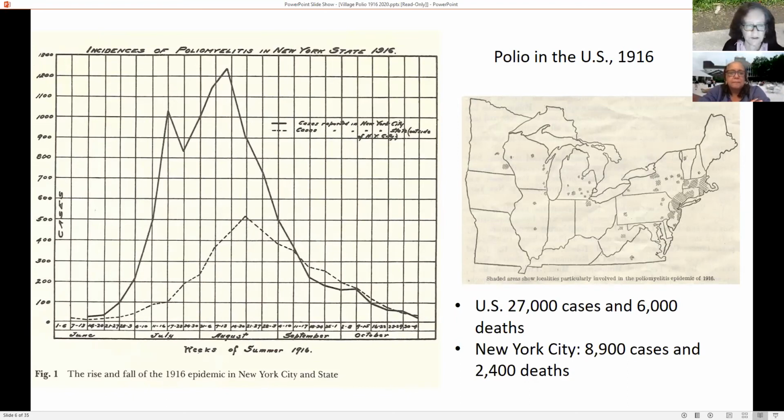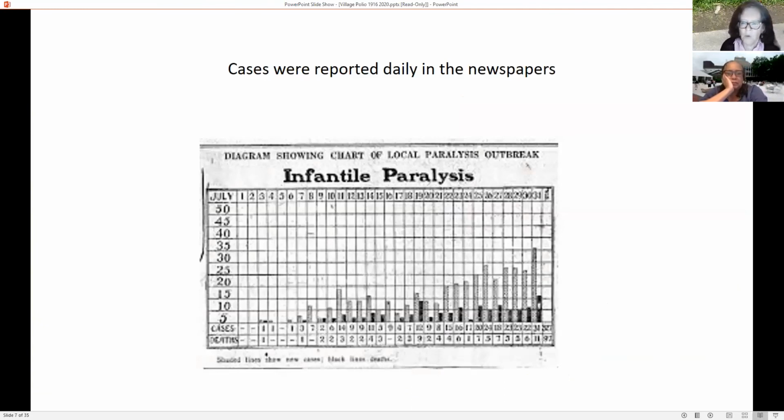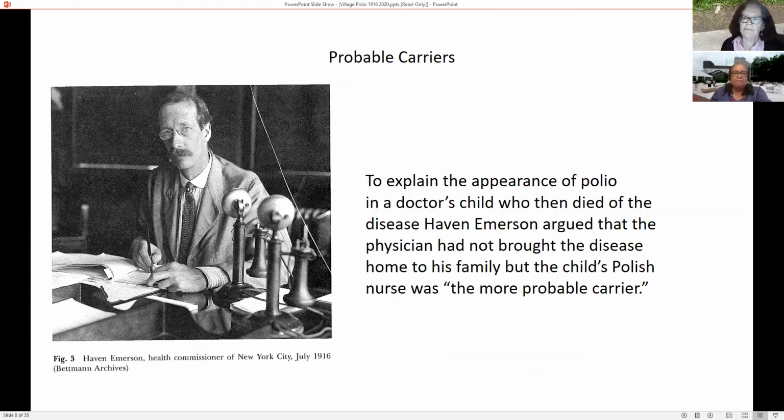And there were lots and lots of theories about why that would be. One of the things that we know from 1916, and this was true for later epidemics as well, is it was front page news. Newspapers showed the numbers of cases, and every day you could trace where they were, how many cases, and how many people had died. Now, of course, people wanted to know why, where did it come from, who was spreading it,